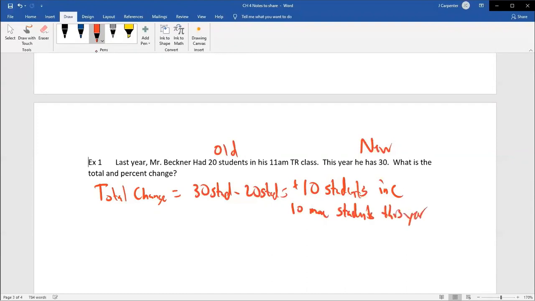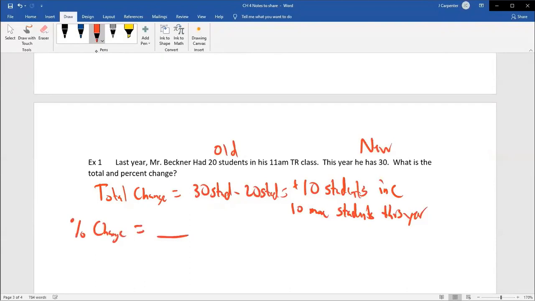That's what we can say. Now, 10 more students, is that a lot? Is that a little? Well, to understand if it's a lot or a little, you have to think about it scaled to the original amount. If I'm talking about the total population of TCC, which is in the thousands, a 10-student increase is insignificant. But if I'm talking about one class, a 10-student increase seems significant. So it's all about the original population's size in comparison to the change's size. That's what percent change does for us.